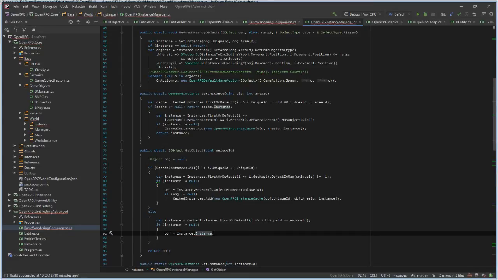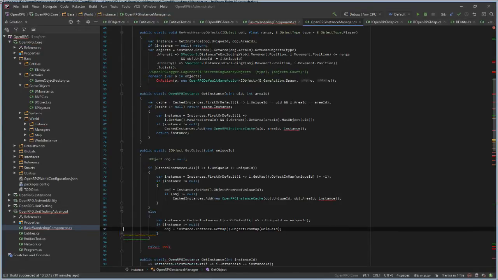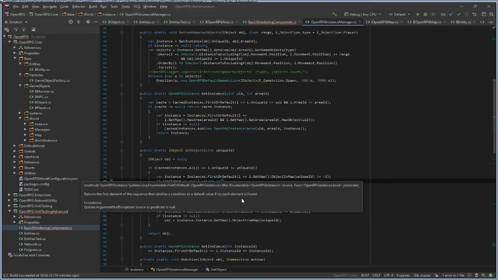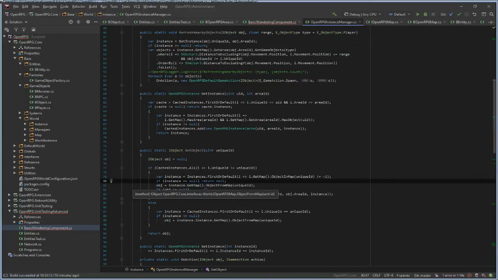Oh, nice. Get map object from map unique ID. Oh, that was nice.